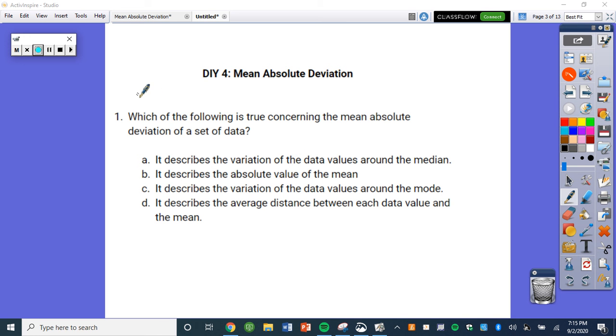Now that you've done DIY number 4, you can use this key video to check your answers and jot down any questions that you might have for Mr. Singer and myself. Number 1 says, which of the following is true concerning the mean absolute deviation of a set